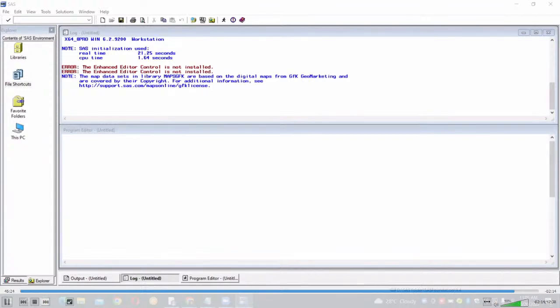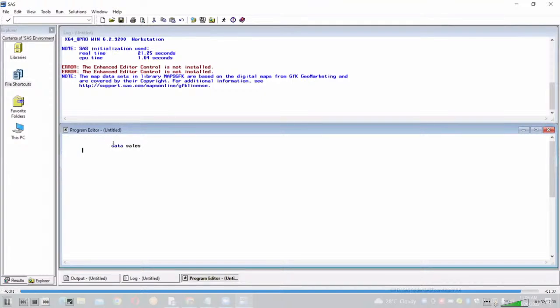Sir, one point I'd like to raise. Someone asked, is programming mandatory to attend the class? Meaning the coding part they are trying to ask. Is it mandatory? Can someone who does not have a background of coding attend or not? Yes, I understood the question. Of course, without programming, it is fine if you are able to understand what I am doing. See, I'm writing it here. Suppose I'm writing data sales, input,